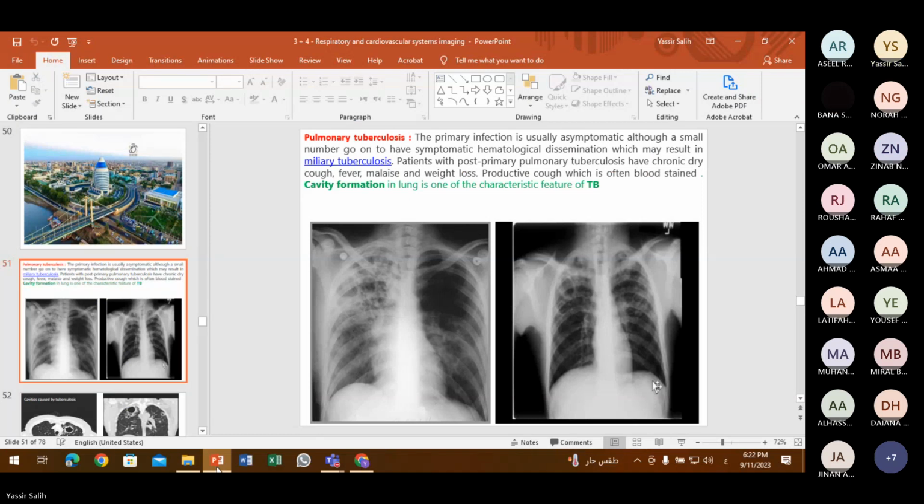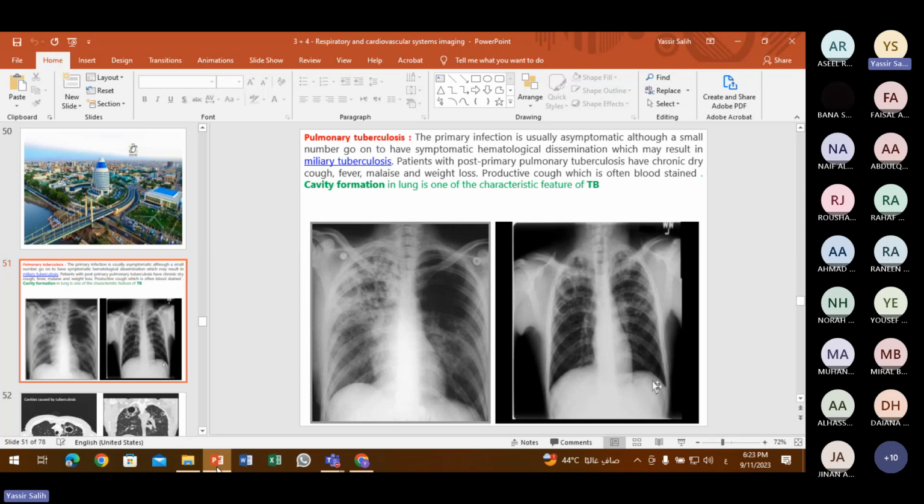The next slide is about tuberculosis. Tuberculosis is a pulmonary disease caused by Mycobacterium tuberculosis. It may be primary tuberculosis or in the reactivation phase. In the primary infection, the patient is usually asymptomatic, and according to the patient's status, the patient may be cured, and then